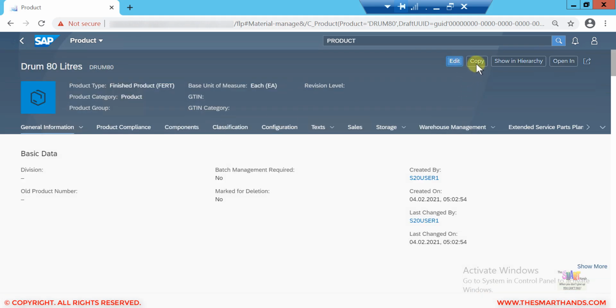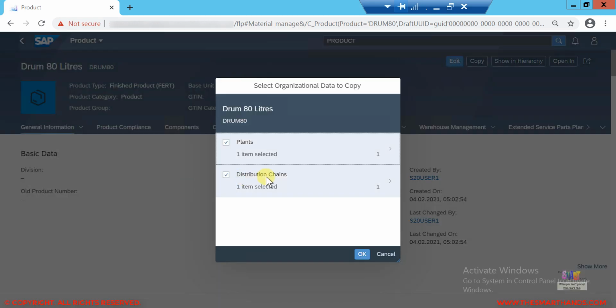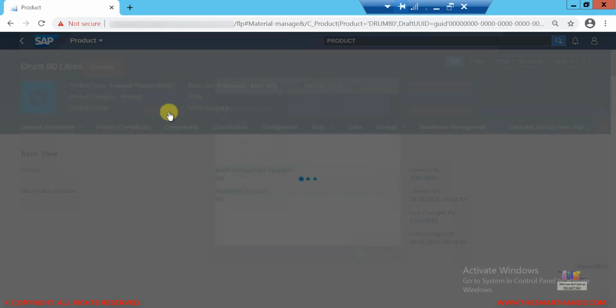Now you can see when in the display mode, it will show you a copy icon here on the top. If I click on copy, it's saying, do you want to copy plant and distribution chain? I'll say yes, or you can untick or tick, whatever you want. For now I'll leave it like that. I'll say okay, and then